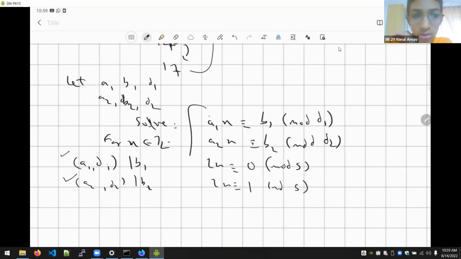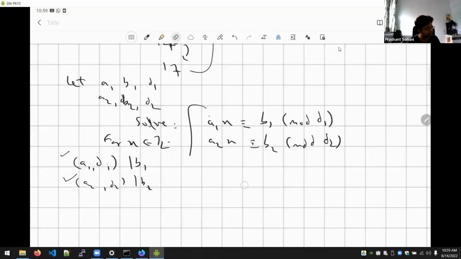Yes, correct. This was a very straightforward example where we took A1, A2 the same, D1, D2 the same, but B1, B2 different. So that will trivially have a problem. But more in general, what could be the condition where a problem like this can arise? You can think of it in this way, what we did just now.